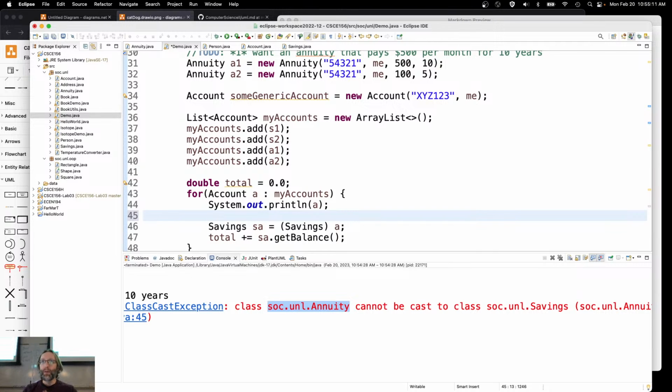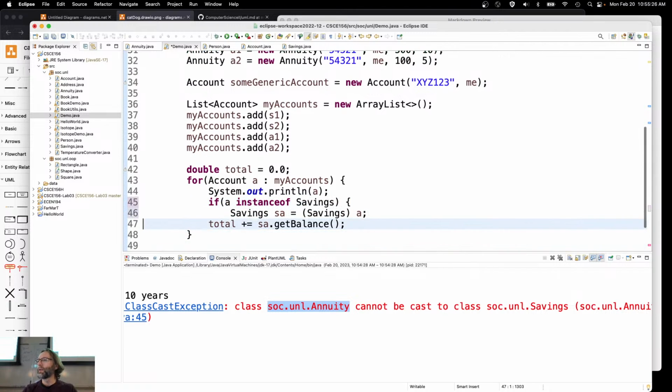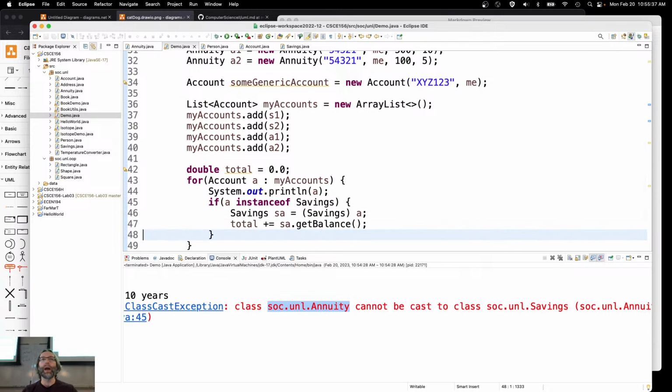And I'm about to show you some syntax here just for completeness so that you know it exists. You do not want to use it. This is wrong. If A is an instance of savings account, then it's safe to do this. So what I'm doing is I'm checking this account that I have in my hand right now. Is it a savings account? Yes, it is. Okay, then go ahead and treat it like a savings account and add it up. Else if A is an instance of annuity,